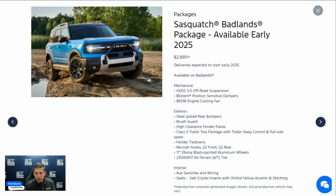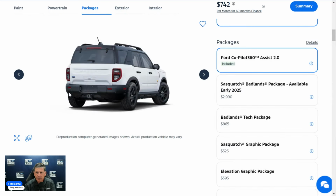There you go. The rear bumper is actually the same as it was. It does say in here black molded in color with the steel plate. We did see the steel plate as standard equipment as well, unless that image was not correct. But there we go. It's not added yet. Okay, so the rear bumper does not get the steel plate like it did earlier. I don't know if I mentioned that or not, but